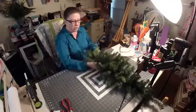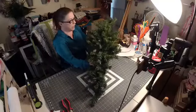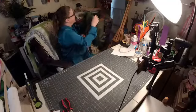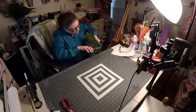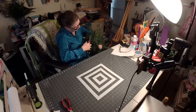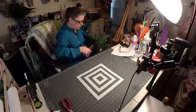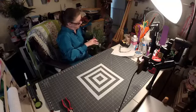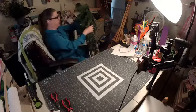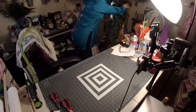fenced in, but still. Okay, so this is what it looks like when it's semi-fluffed. Like I said, you don't need to fluff it all the way because we're going to be putting a bunch of stuff in there. Okay, so I'm just going to kind of open this up a little bit because I'm going to end up putting, this must be one that I got from Joanne's maybe, because it doesn't have a loop on it like the ones from the wreath shop does. It's got a big loop at the top that's covered in evergreen, so you can't even see it. But that's okay. We'll work with it. Okay, I'm gonna put this